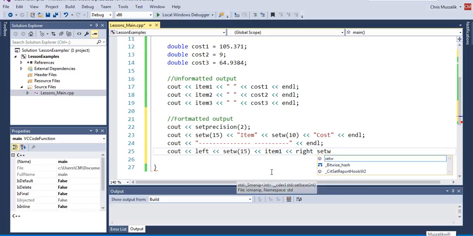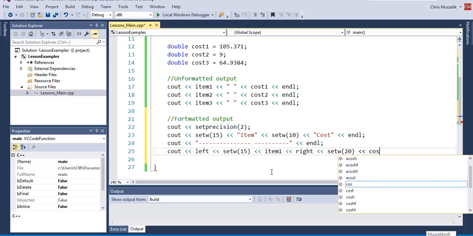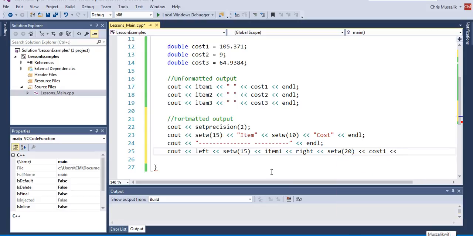Let's set the width to be 20. I forgot my insertion operator again. Set it to be 20, and then let's output. So we have item 1, right, and then we'll do cost 1. And then we'll do my little endl, and now we're done. So that will display row 1